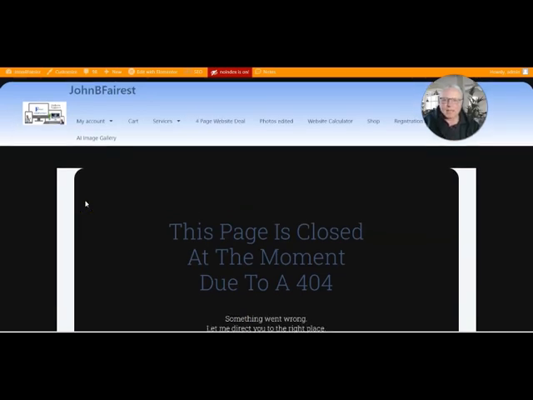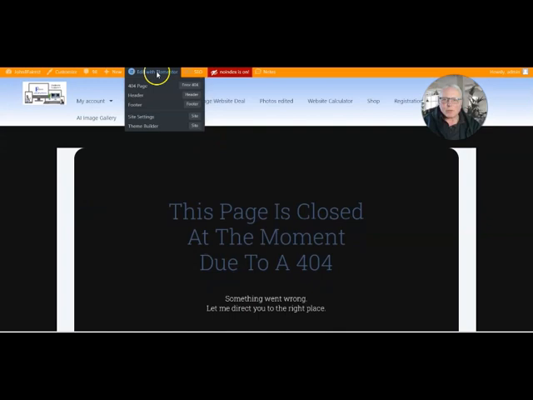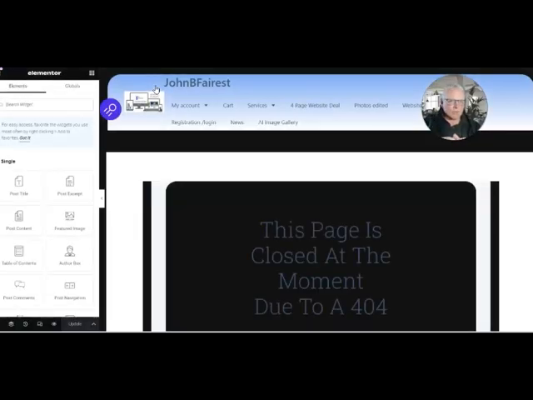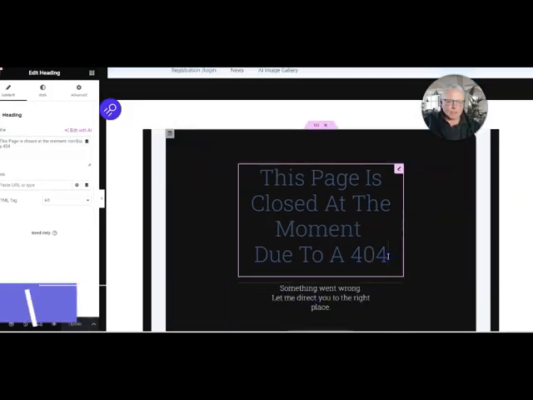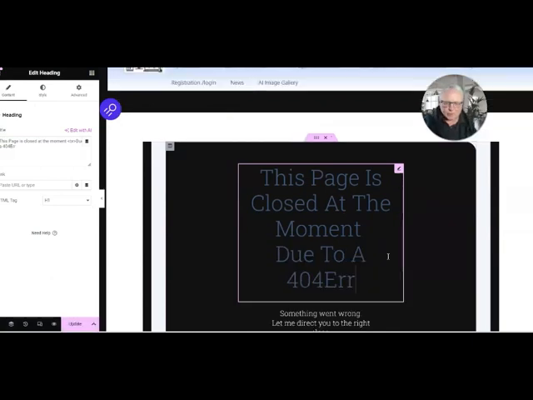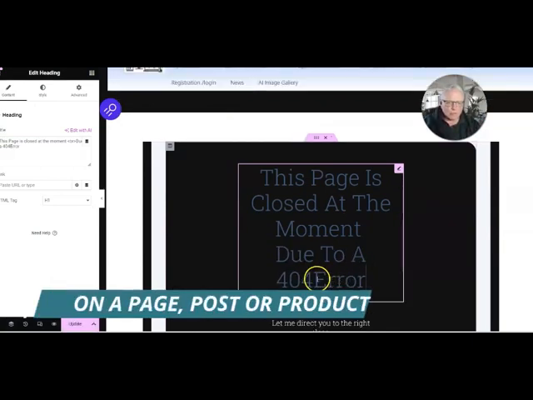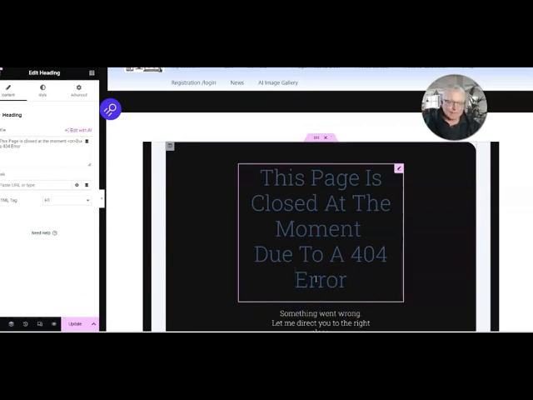Now, if you're using Elementor, you can go into here, and if you've got it put aside, the 404, we can go in and we can change the wording on it should we wish to. Now, that's one option. You may decide to have the words error, for example. You could have anything in there that you feel is appropriate. You could in fact have a little computer image, etc. But one of the things I found was